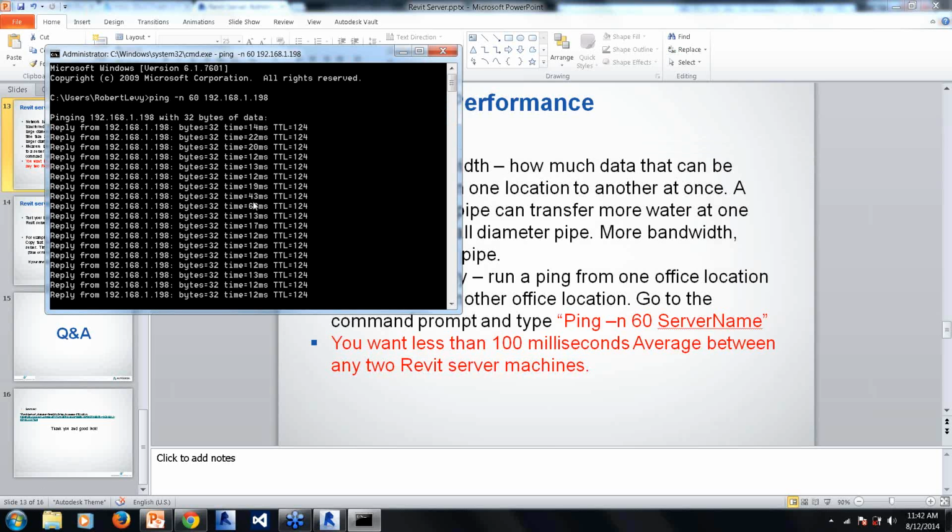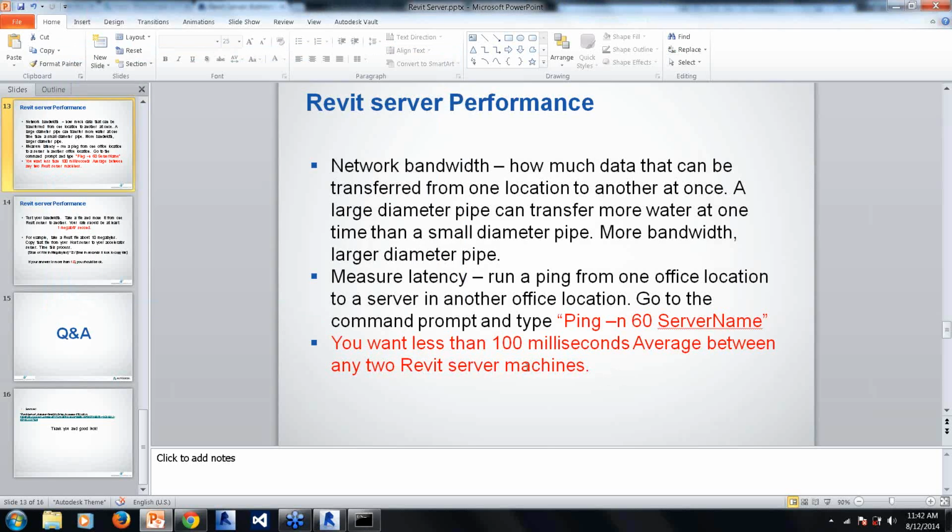So when it's finished, it's going to give me a nice average. And I did 60 of them. I probably should have done way less because it's going to take about a minute or so. But that's what it is. At the end, it's going to give you an average, and you want less than 100 milliseconds between any two